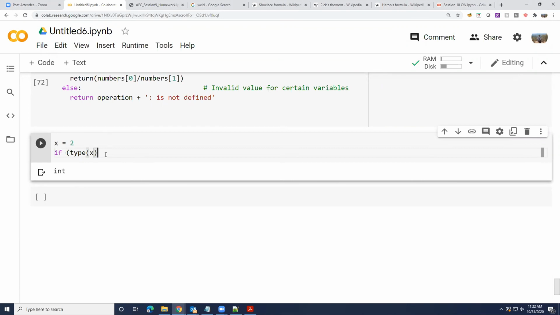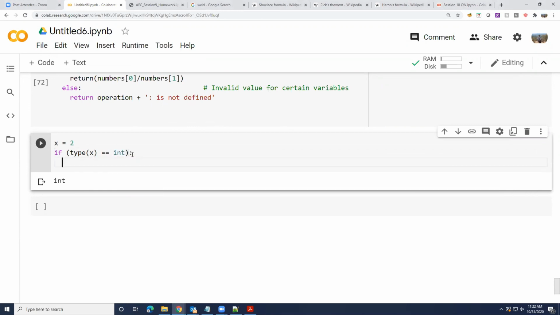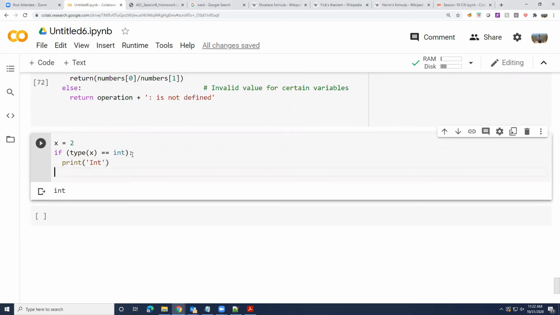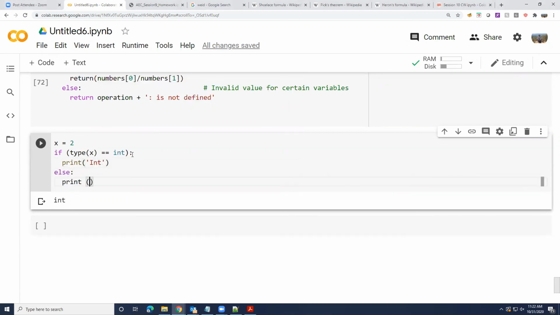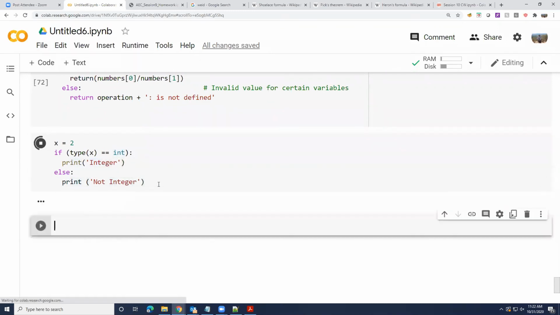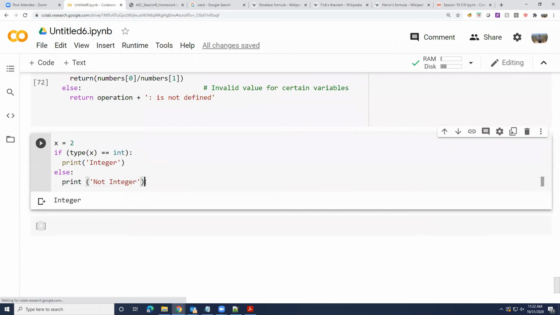If type of x is equal to int. Okay, let's see. Why am I typing so badly today? Okay, else print. So it printed int, right? So this is one way you could check. Any other way you could check?